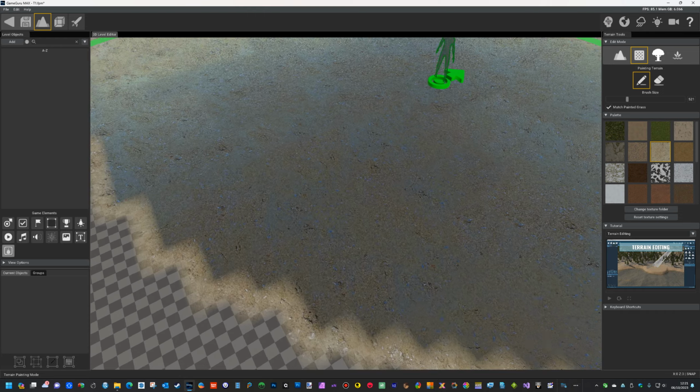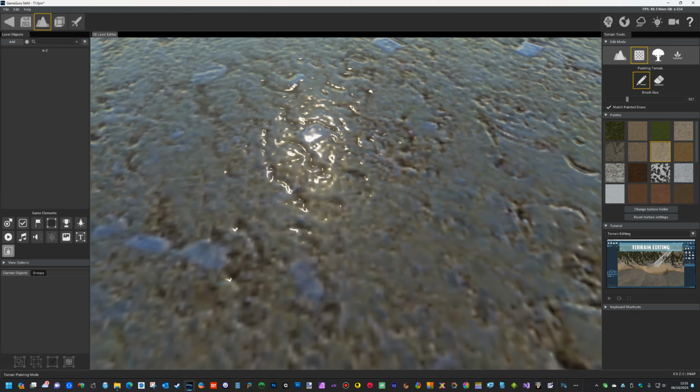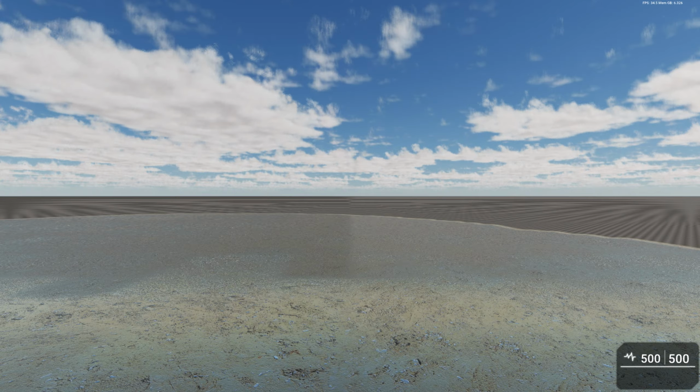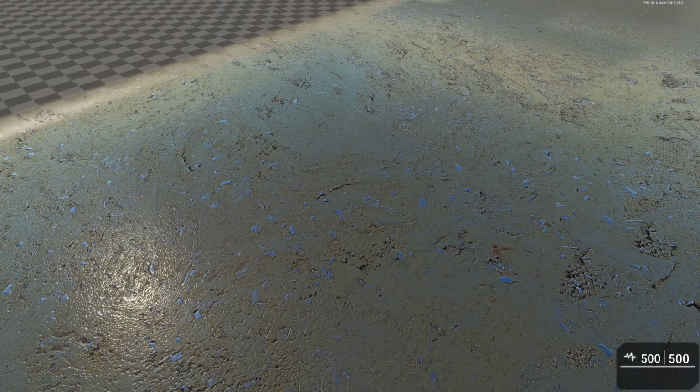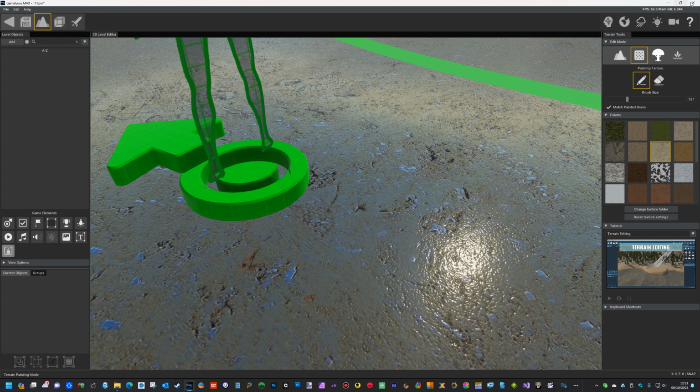But if we paint this and then go down, you see the wet look. So if we run it, and it's overly shiny, very shiny. So this could be the water's edge, wherever, but if it wanted dry sand, all we need to do